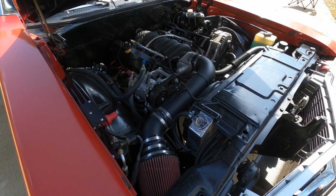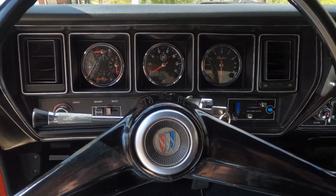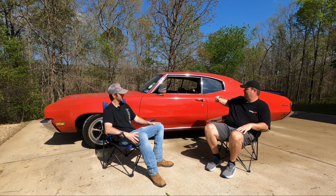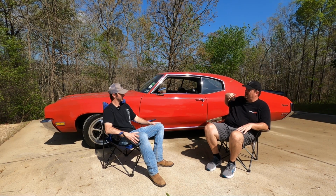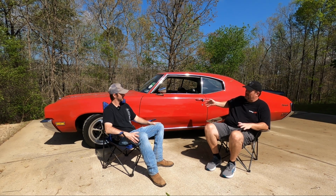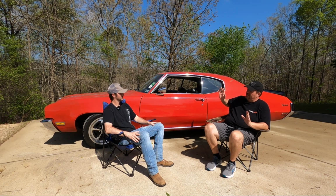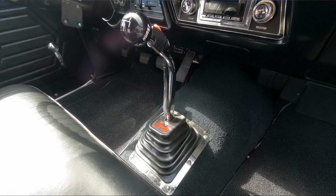So we did an LS3 swap, all electronics, new gauges that are digital. It looks old, but it's not, right? Everything under the car has been rebuilt. The only wiring that's still factory is the body harness for the lights and some of the underdash stuff. So everything's been redone. We rebuilt the floor. It's got its LS3, with Texas Speed top end goodies, the new springs, all the upgrades you put on an LS3, a fairly radical Stage 2 Texas Speed cam, an Aisin AR5 transmission, which is not something a